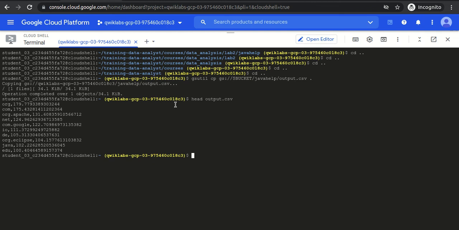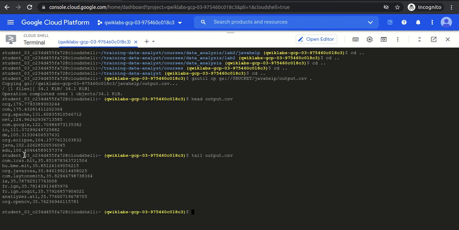Let's look at the first 10 or 20 records. We can see org is 179.79, com is 175 over. I think it is basically getting the list of all the packages. Tail output.csv. Yeah, I think the code is basically to get all the packages.